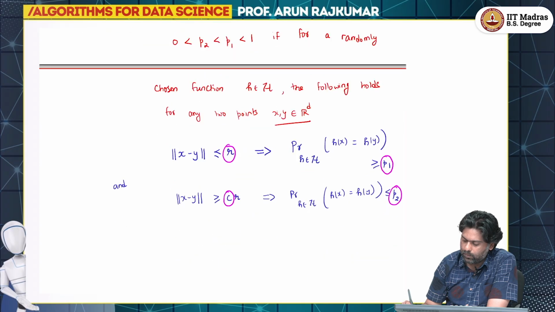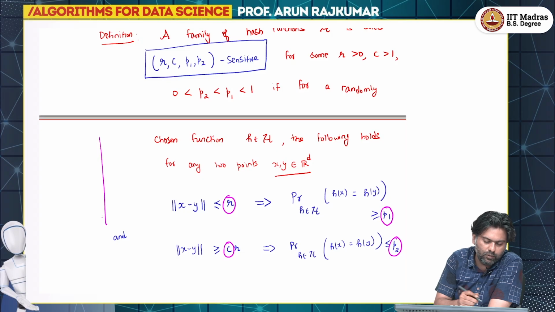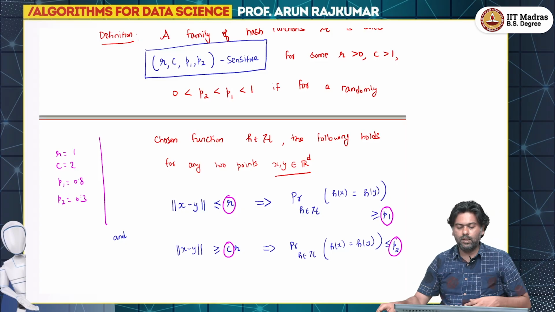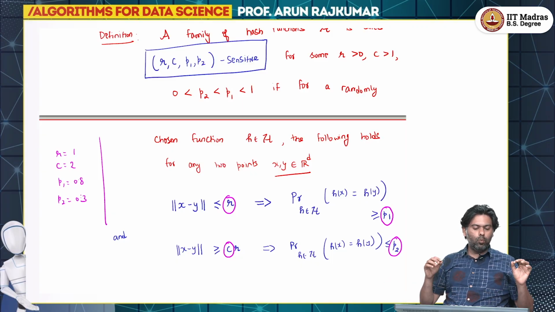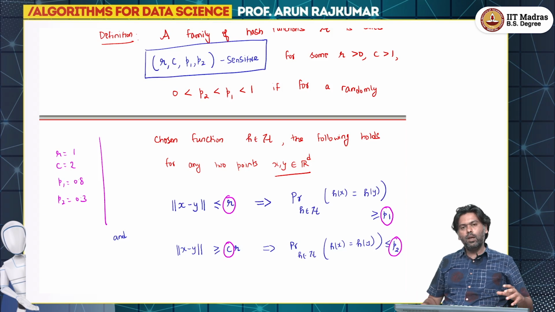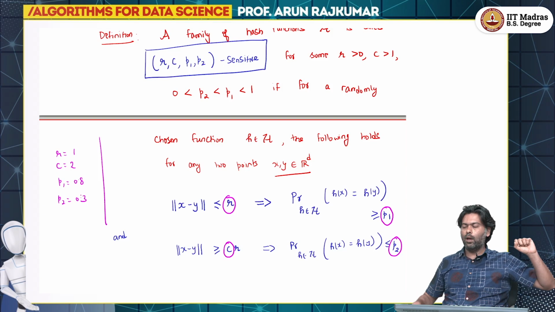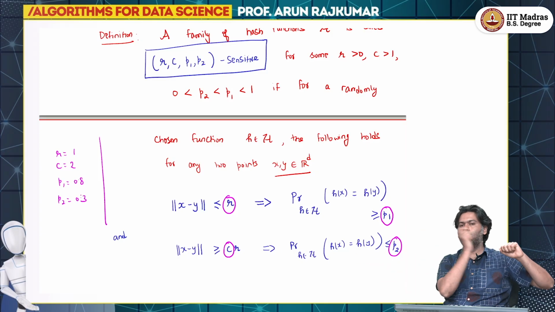So just to set some numbers here, think of it as, let us say r is 1, c is 2, P1 is 0.8, P2 is 0.3. So, what does this mean? We will call a family of functions 1, 2, 0.8, 0.3 sensitive if I take any 2 points and now I pick one function at random from this class of functions and apply it to both x and